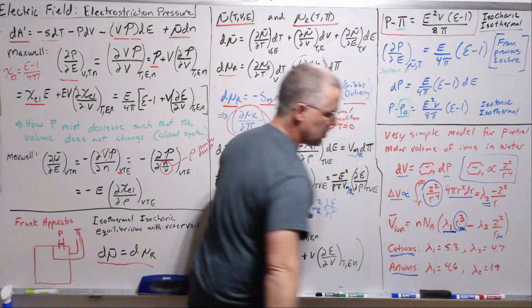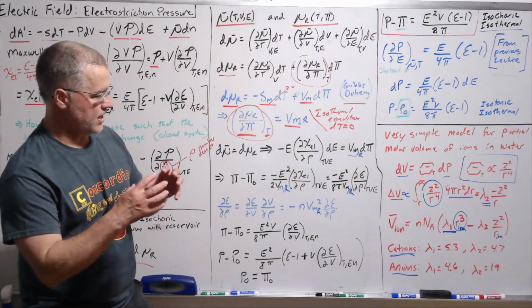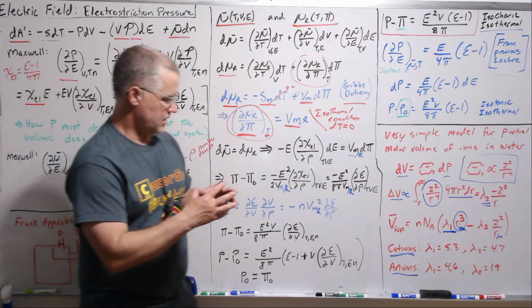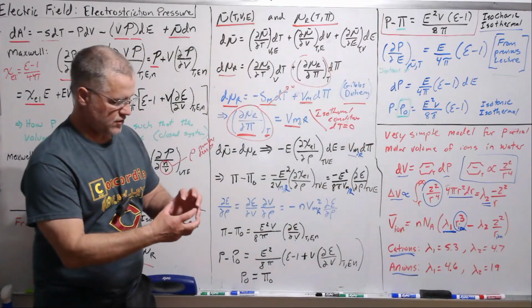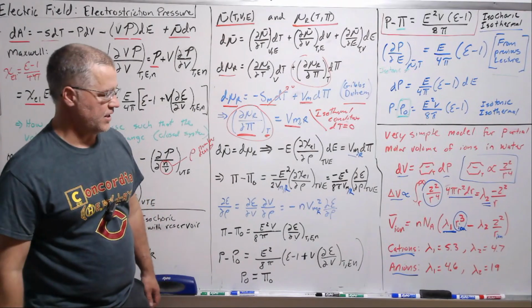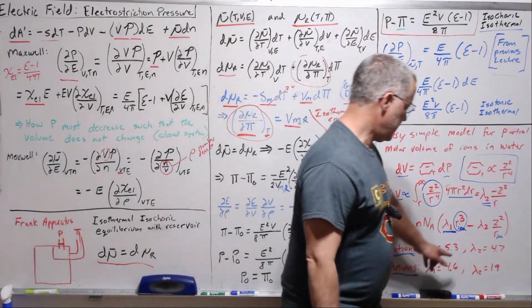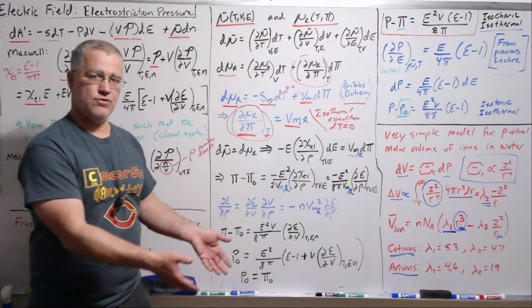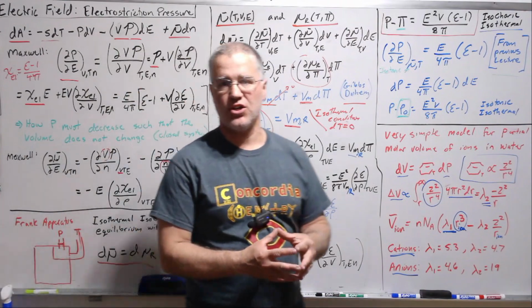Anions have a larger effect on the electrostrictive term in a relative sense. So anions have 4.6 as the effective spherical volume constant, and then 19 for the constant of proportionality for the electrostrictive piece. So quite a bit more effective, at least in this model, comparing to experiments. All right, so this is electrostrictive pressure, and